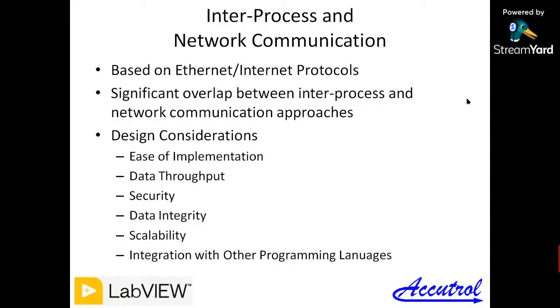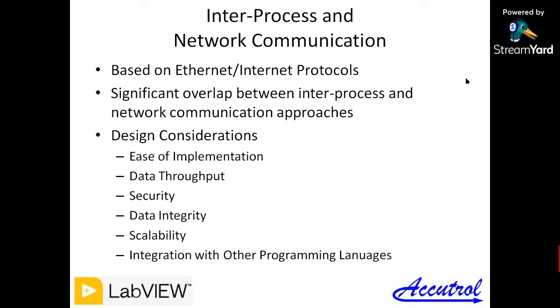Sometimes we care about that kind of thing. Scalability is, if I'm making changes to the process, what can I do and how easy is it to make changes to incorporate or to broadcast, if you will, more and more data? Which technology allows me to do that in an easy way, and which kind of are you bottlenecked from being able to grow? And another thing that is sometimes of consideration is, can I integrate my LabVIEW work, project, application